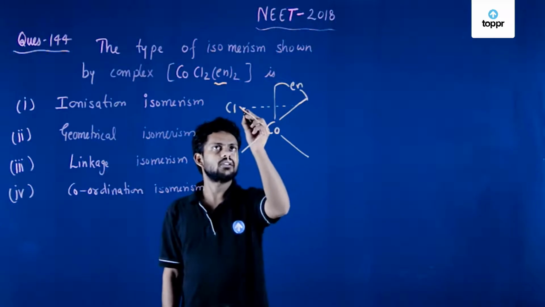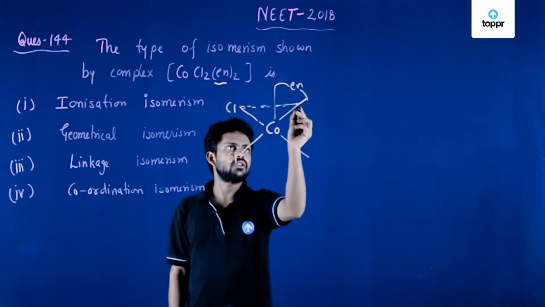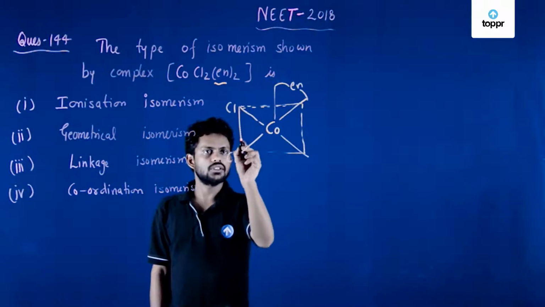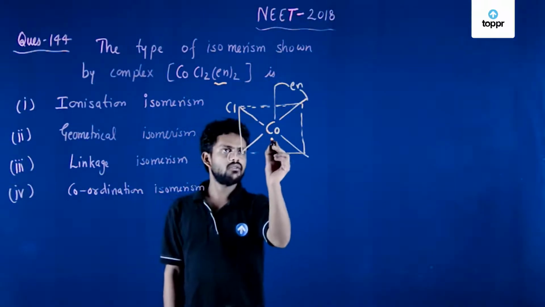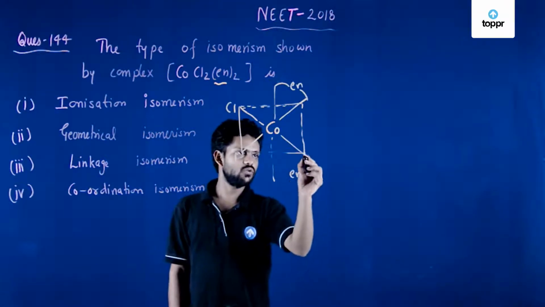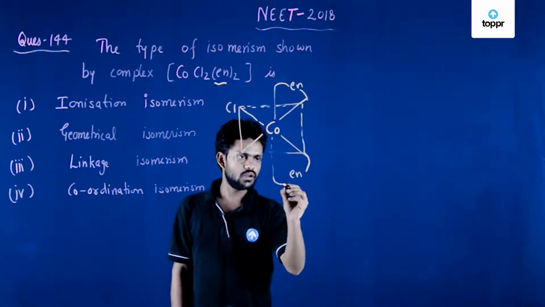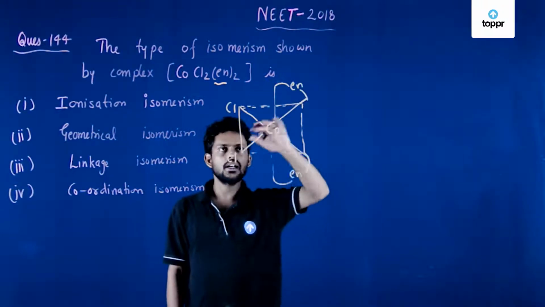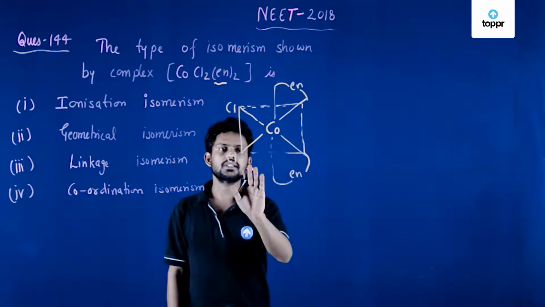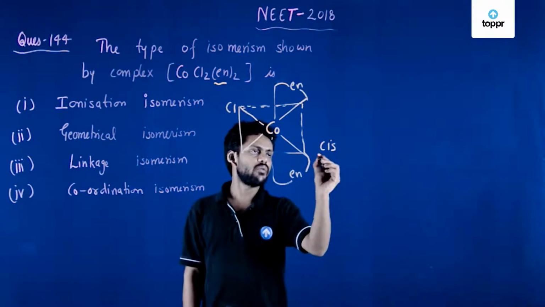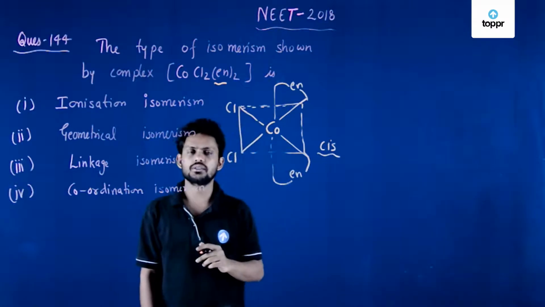let's say, pardon me for this structure, it is not very good looking. So this is your square plane, and one is going above and one is going below, and you have two ligands here, en and en. So this is simply an octahedral structure. So this is the structure of Co(en). In this case it is in cis form,